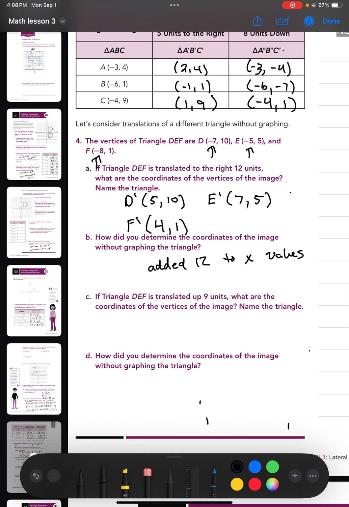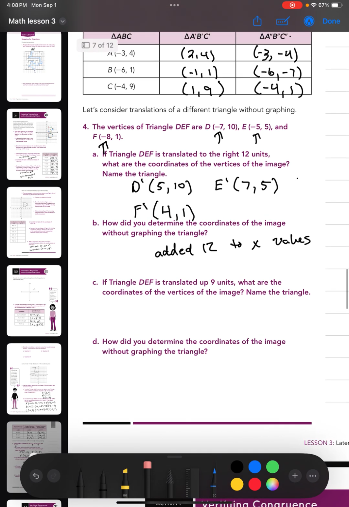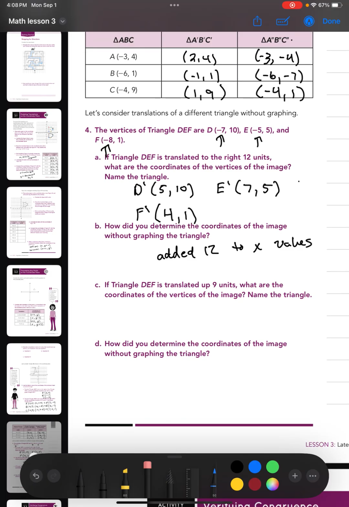C, if triangle DEF is translated 9 units up, what are the coordinates of the vertices? So now we're going in the Y direction and we're going up. We'll change color here. We're going to have to add 9 to each one of these Y values and do the same process. So now your new D,